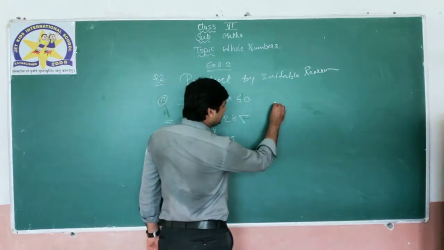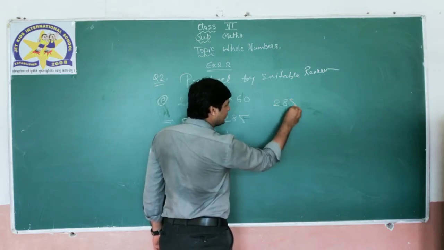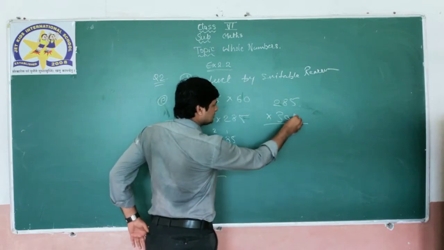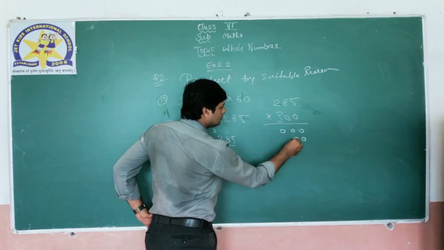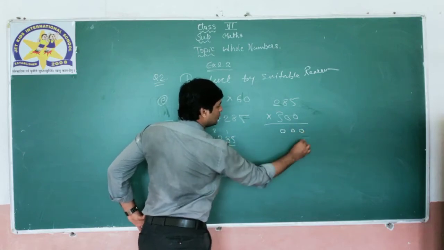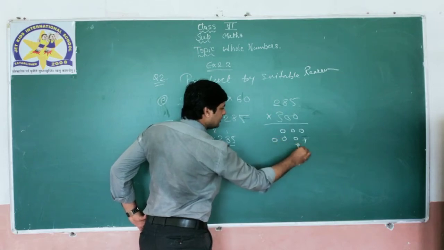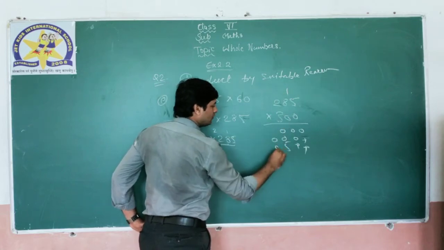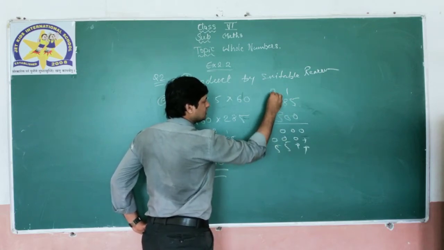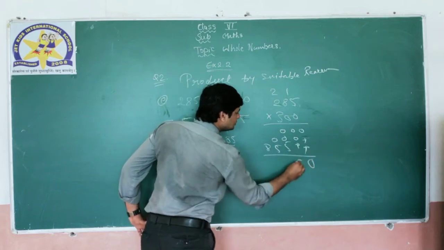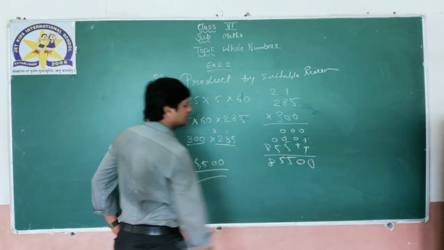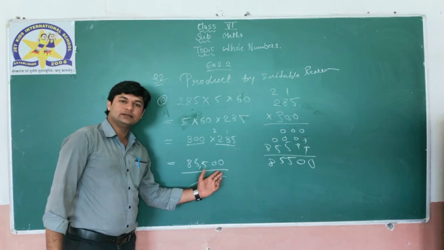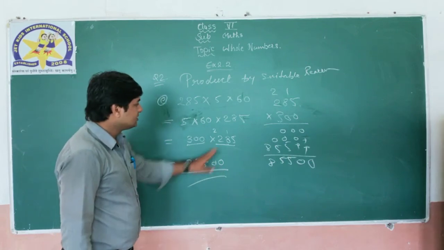See what I did here. If I multiply 285 with 300, what should I do? See 0, so it will be 0. Then close it. Then again 0. Then again close 2. Now multiply. 3 5s are 15. Carry 1. 3 8s are 24 plus 1, 25. Then 3 2s are 6 plus 2, 8. See, 0 0 5 5 8. Clear? So I directly did it with 3 and I added 2 zeros. Right? Clear? This is how it works.